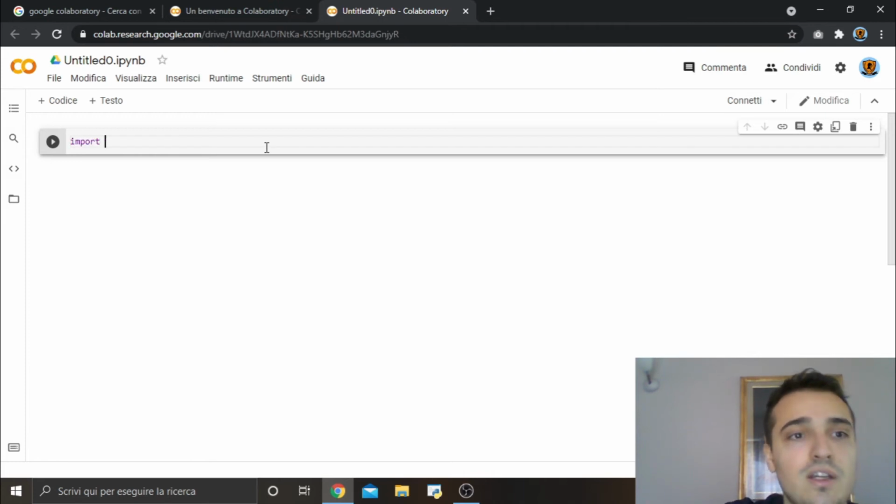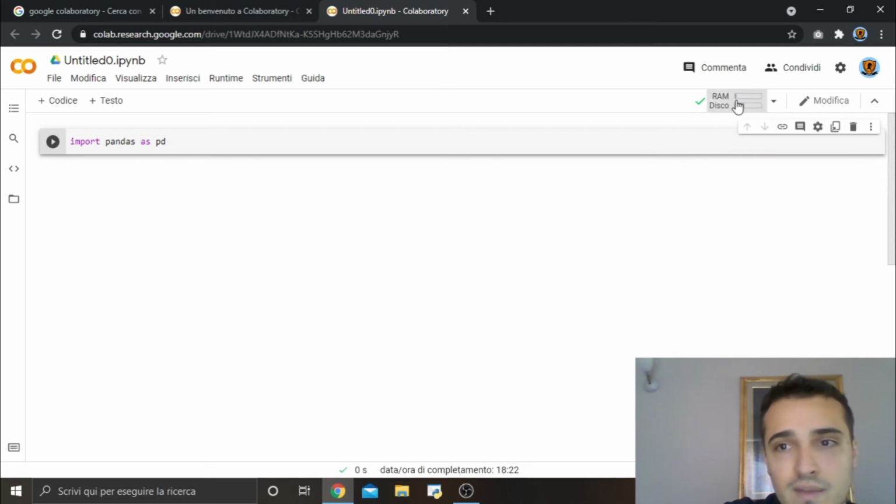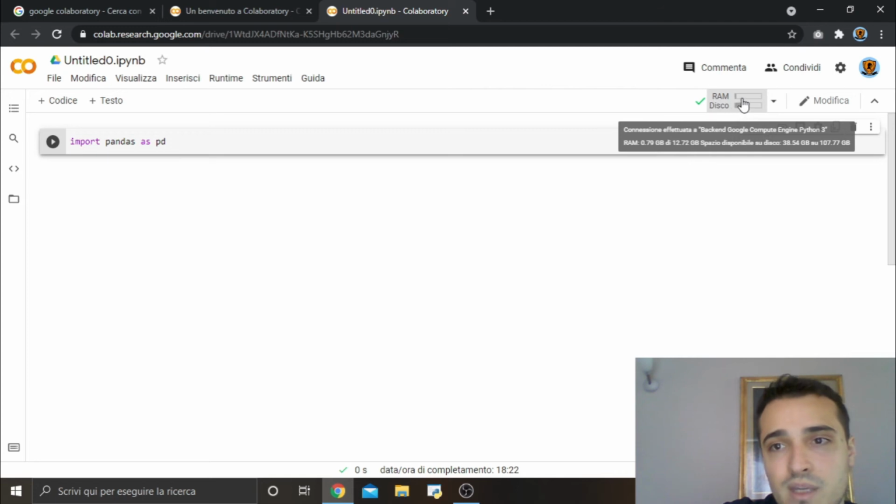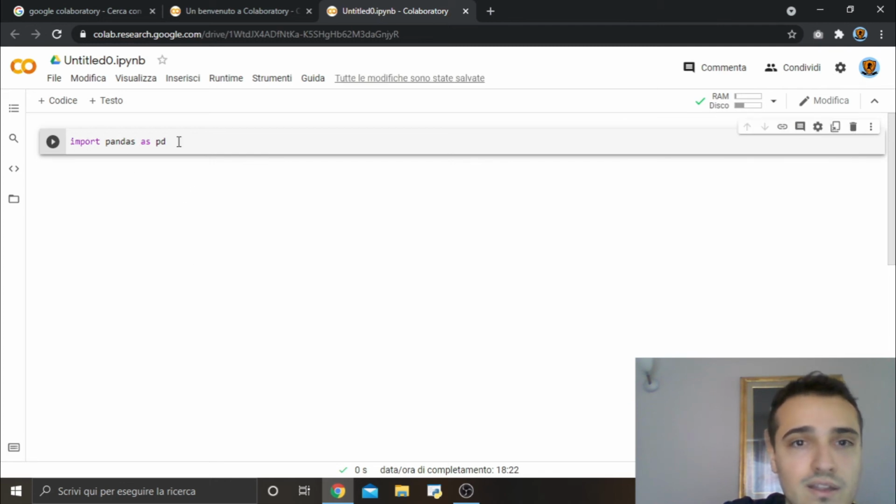For example, in this case I import pandas as pd, and then I can run it, and as you can see, the untitled Python file is working, and Google Colaboratory is telling me how much RAM is being used and how much of the disk is being used, and this first row has been run, and all the changes are saved in